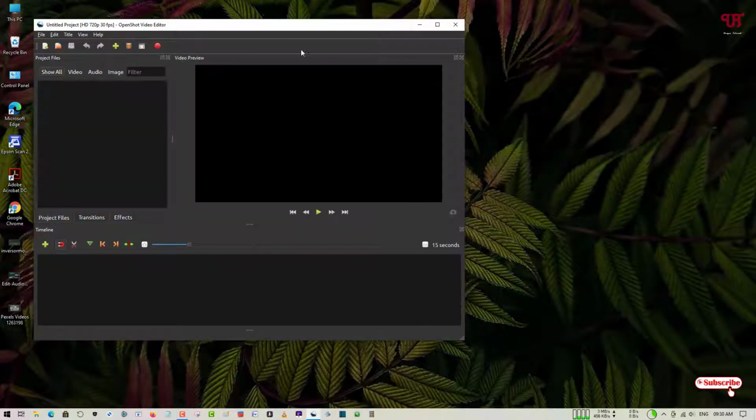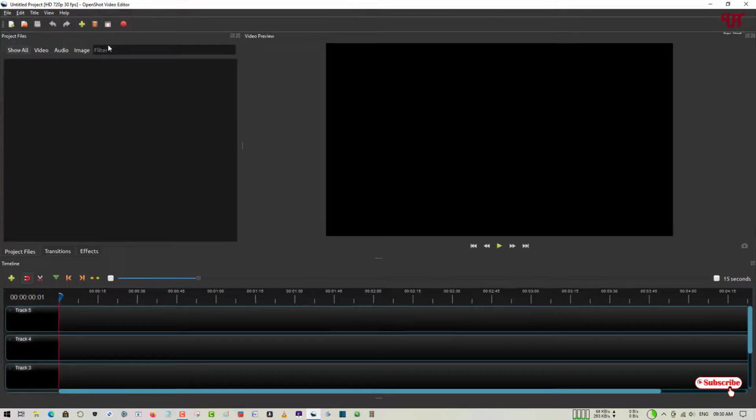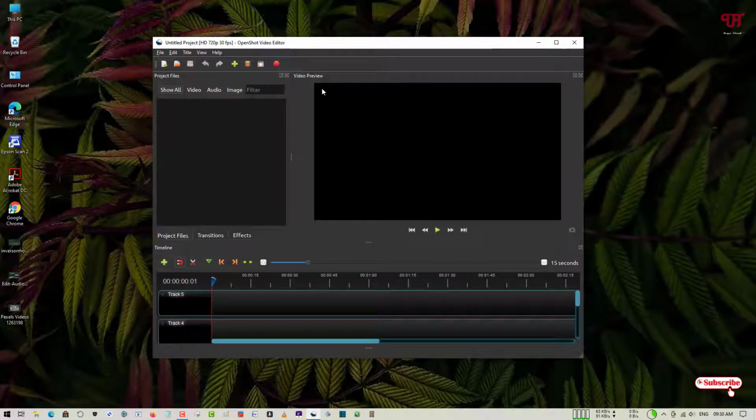On opening the application for the first time, you will see this kind of user interface. So you can see the layout. I'm not going to discuss much about the features it provides, since it has almost every option that a video editor must have. You can see on the left side a panel where you can drag and drop the videos. Let me give you a little example. Say I have a video, you can just drag and drop it here,